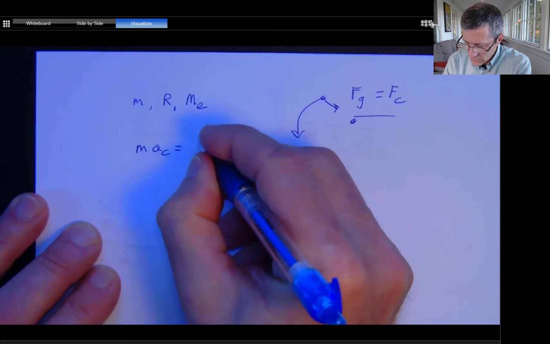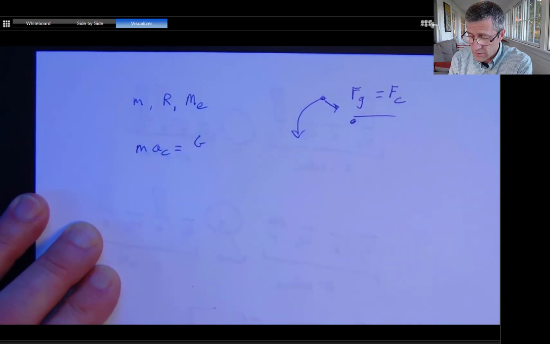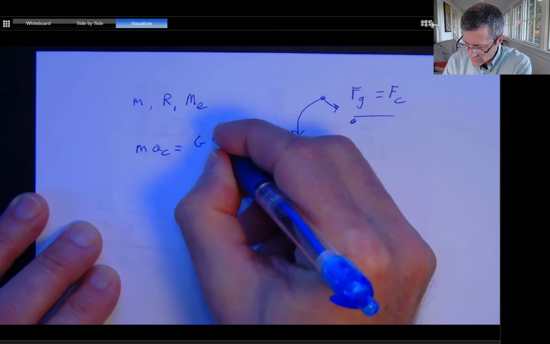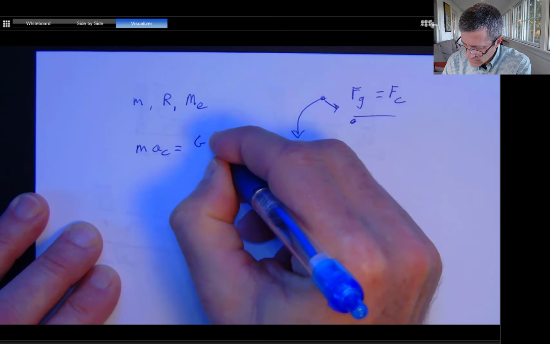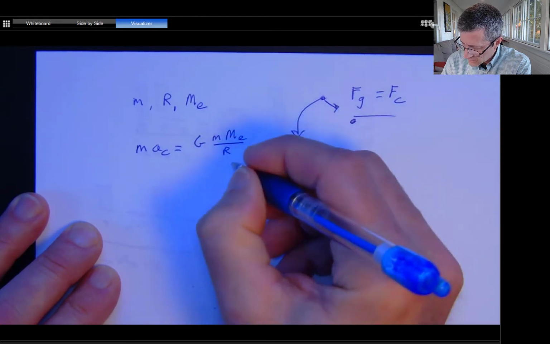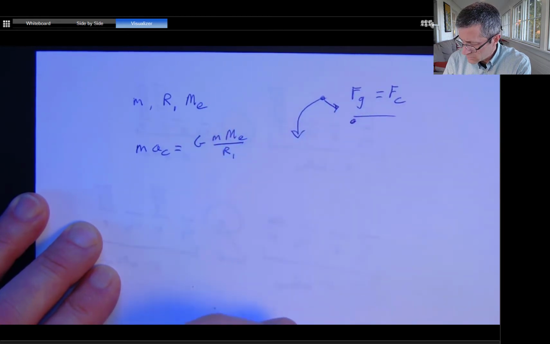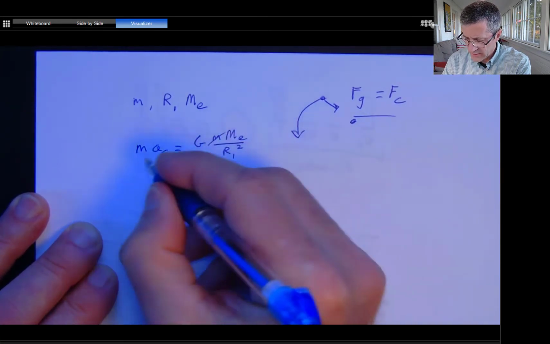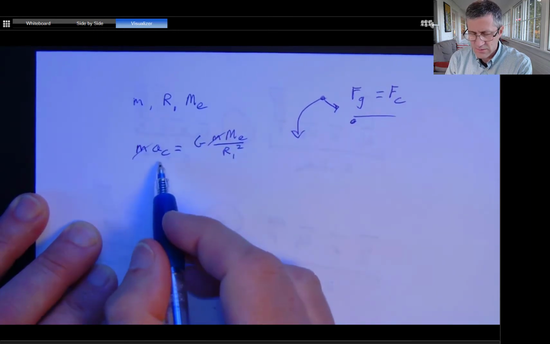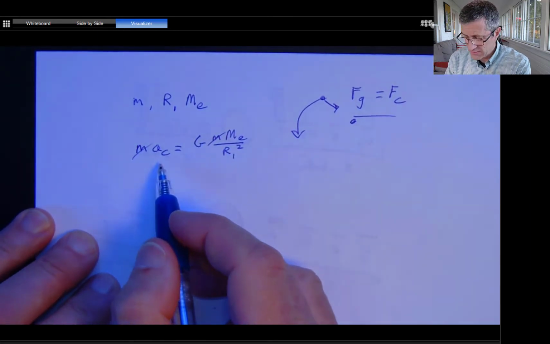And force of gravity: I'm at a distance, I'm not just above the surface of the Earth, so I have to use Newton's universal law of gravitation. I'll call this the mass of my object times the mass of the Earth over the radius squared, right? So these two are going to be equal. So notice that the mass of my satellite is going to go away. Acceleration, well, I can't have that. I'm trying to get to velocity,